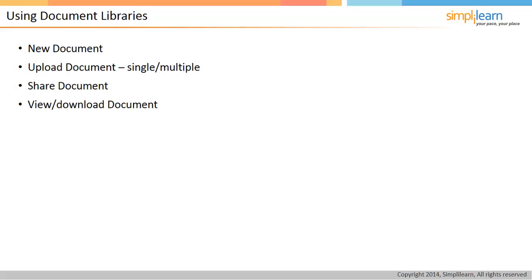By clicking the New Document button on the ribbon of a library, and as long as you have a compatible MS Office edition, a new Word document will open up and you can start entering your content in. Saving the document will prompt you for a file name as usual. However, instead of saving it locally on your My Documents folder, the document will be filed into the document library